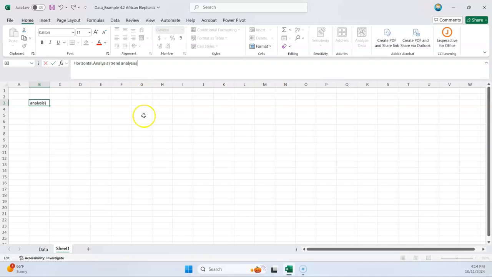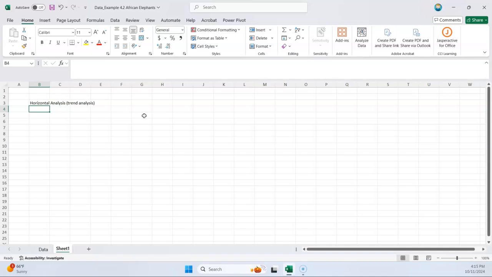So trend analysis is a type of financial analysis technique that's used to compare financial data over multiple periods. Typically consecutive ones over months, quarters, or years. And really what we're doing with a horizontal analysis is we want to identify trends, patterns, or changes in financial